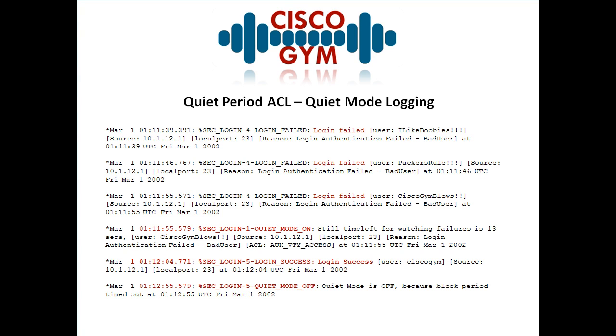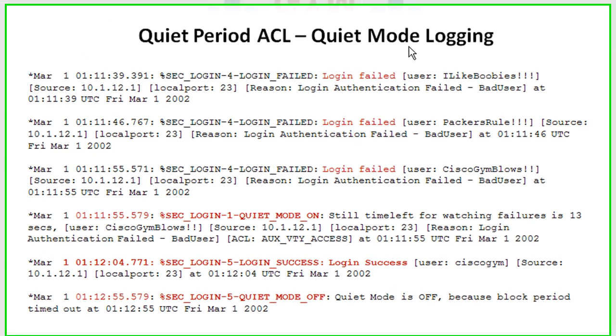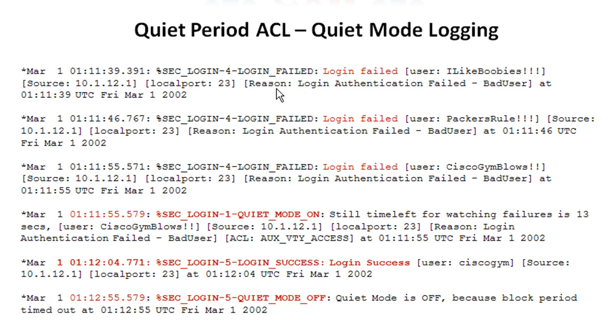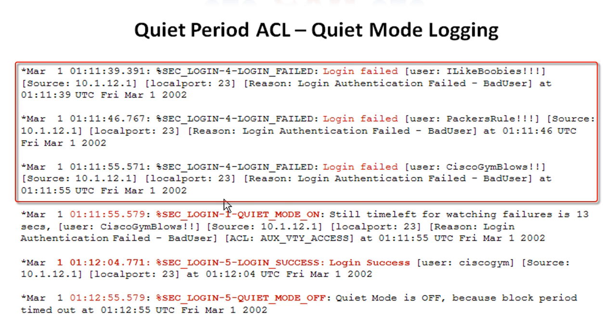And during the quiet period, the logging, I'm going to take a look at this. Not much different here. Here's our three jerks that tried to log in, and they're all bad users, especially